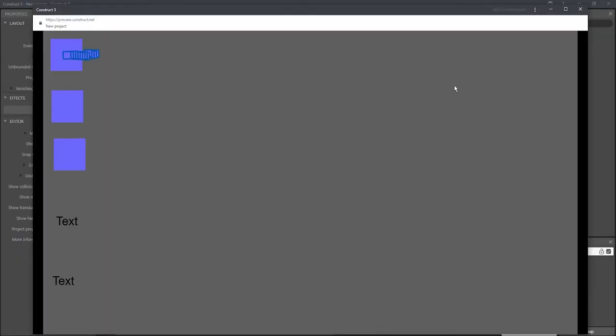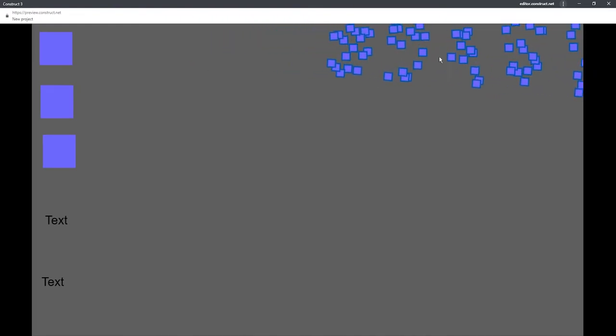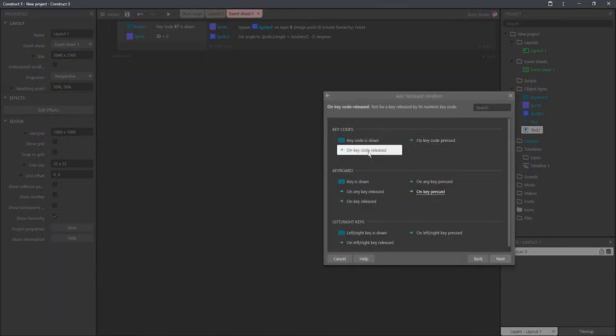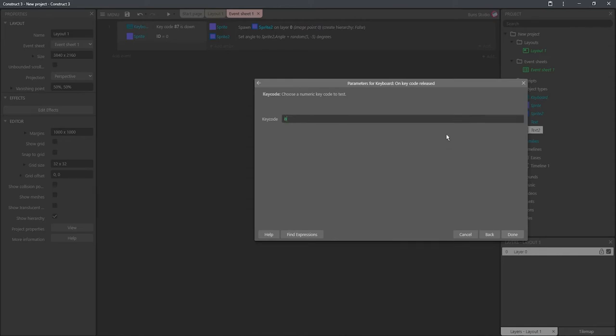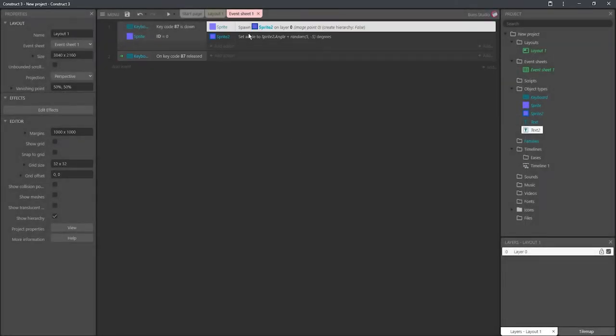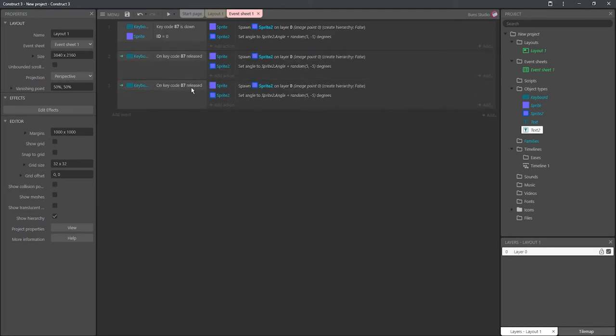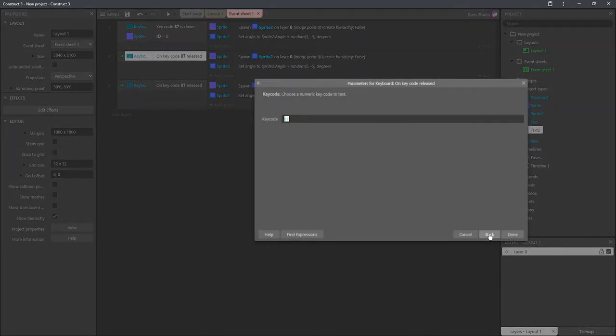Okay, yeah. No, the top one's the only one I should be doing. Next up, we have on key code released, I believe. And we're gonna use 87 as well. And we're just gonna go ahead and copy this. And okay, we have key code released, and we also have key code